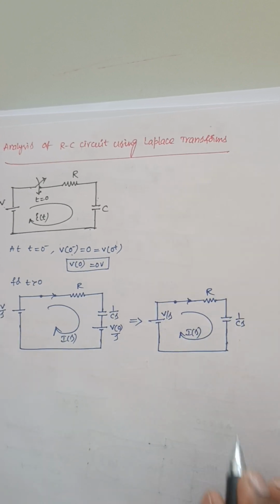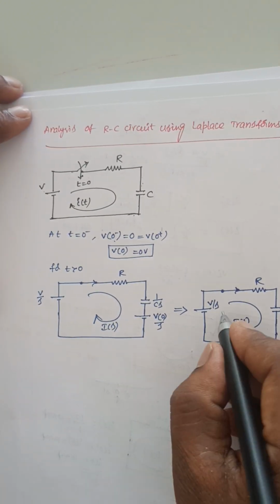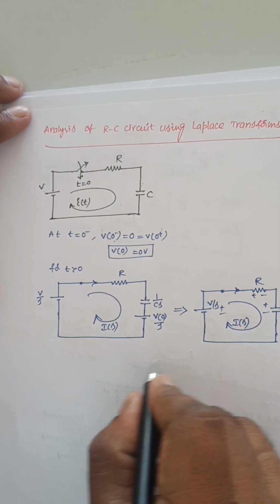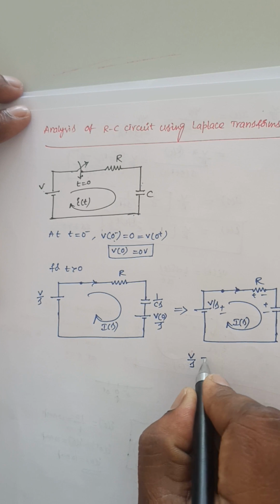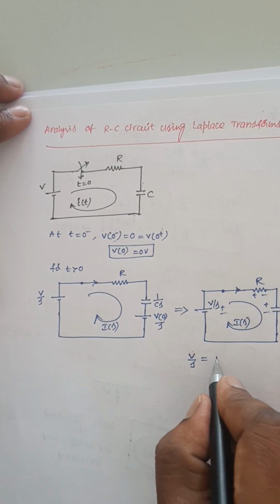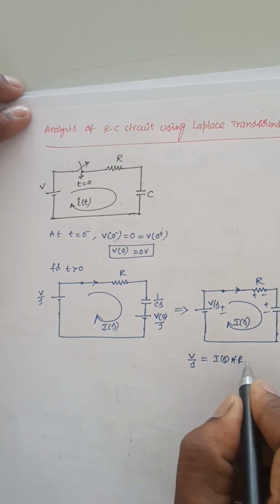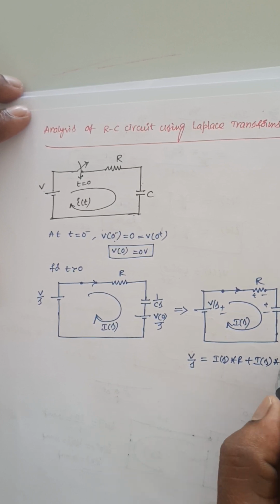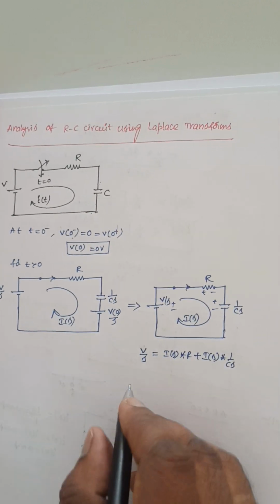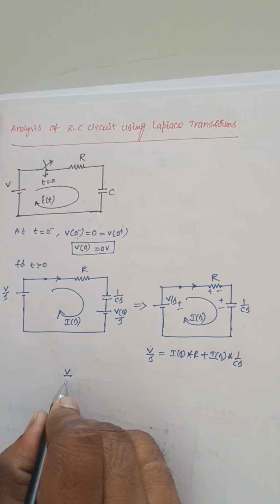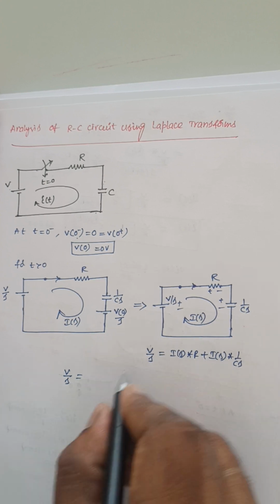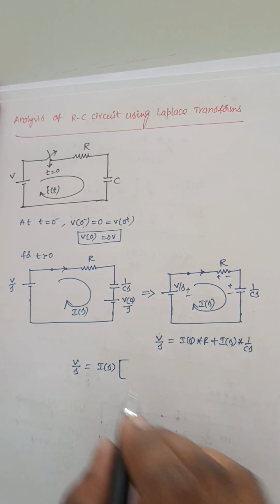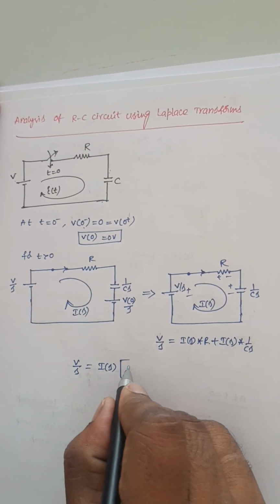It is R. Now let us apply the KVL for this, plus and minus. V by S is equal to the voltage across this one, I of S into R, plus the voltage across this one, I of S into 1 by Cs. Now V by S is equal to, if I take I of S as common, I of S into R plus 1 by Cs,